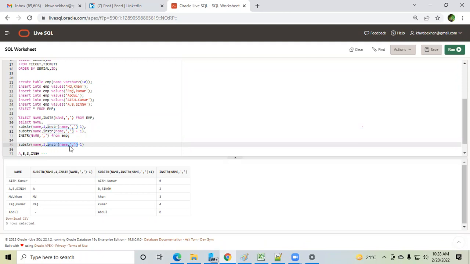The one which I have highlighted, is it the same as this one, the fourth column? Yes or no? Yeah, same. Okay, very good. This is the same. Then